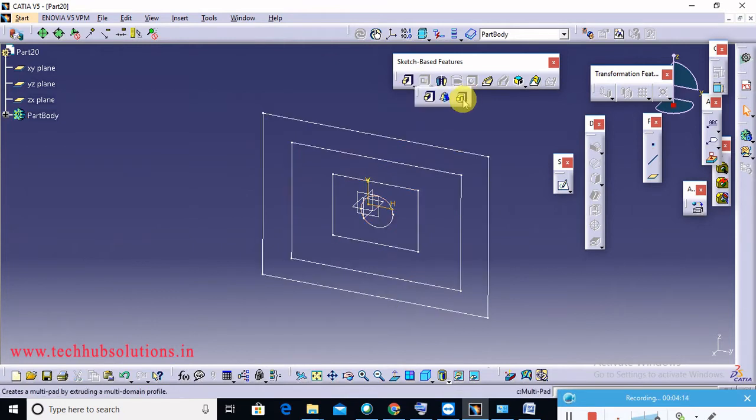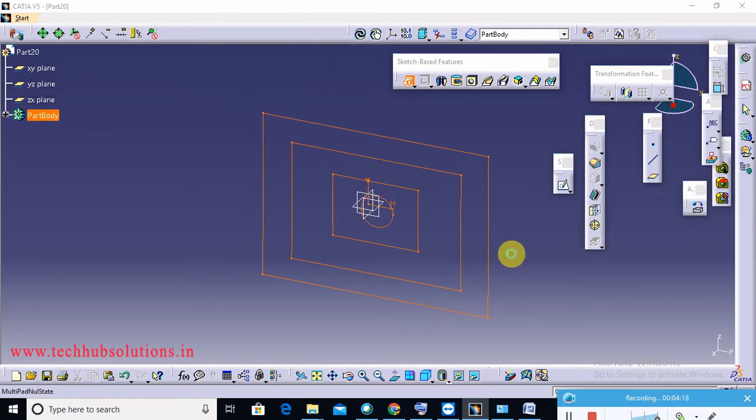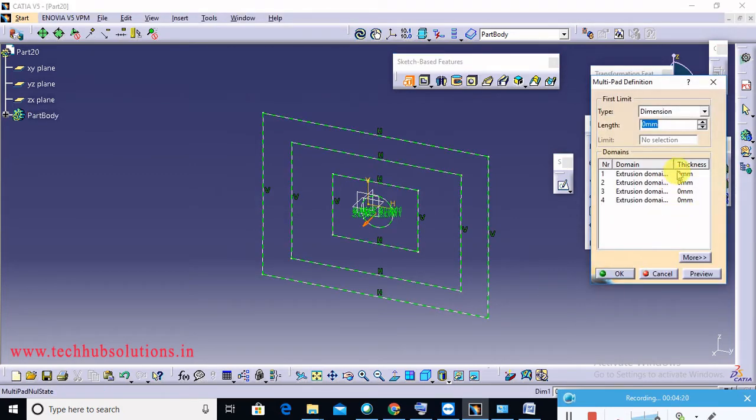Then go to the multipad. Under multipad, suppose select this one. Okay, select this sketch, and there are 4 options because there are 4 sketches. So just choose this one, give dimension, then also choose this one, then give dimension, then choose this one, the middle one, the last one, choose and give dimension here.